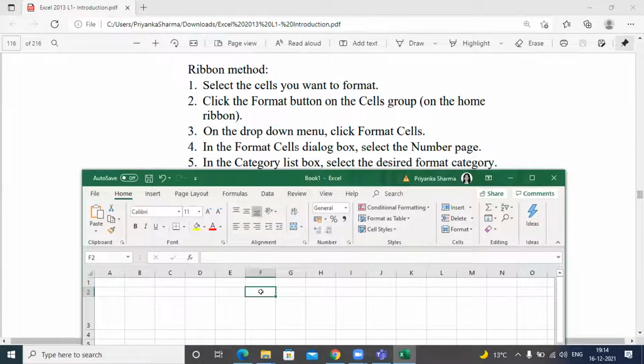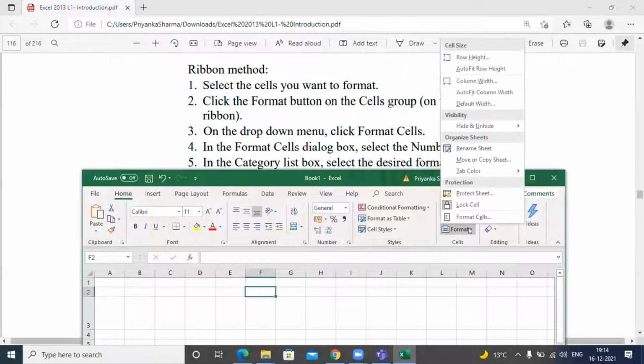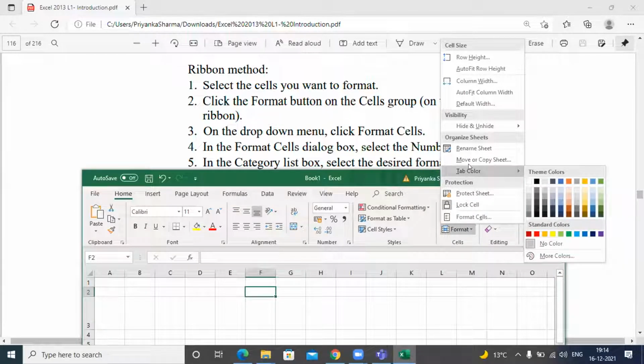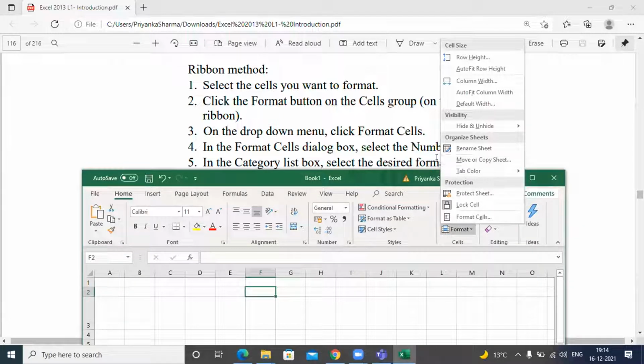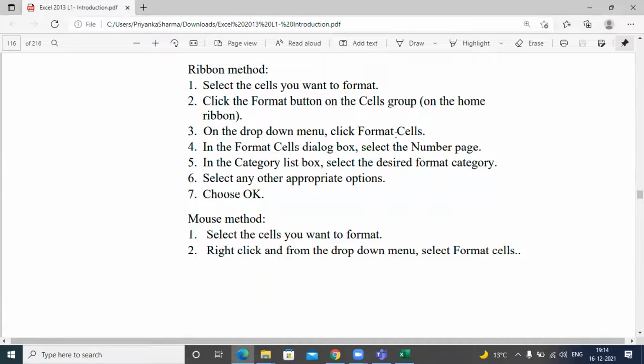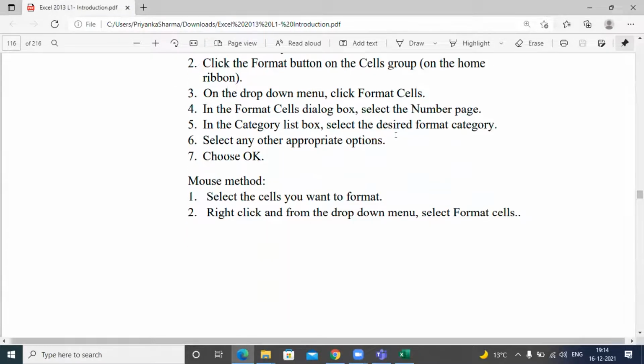If you click on the format button in the cells group on the home ribbon itself, you can select the option format cells. As you click on the format cells option, it will show you a dialog, something that I showed you, right? From there on, you can make the modifications in your Excel sheet.